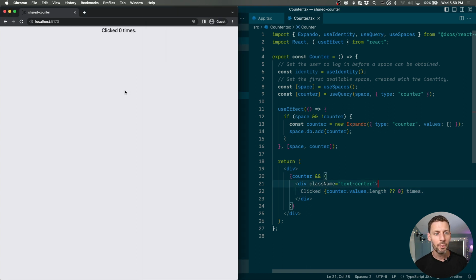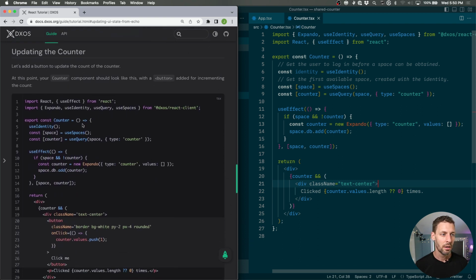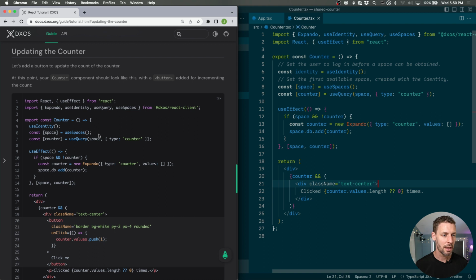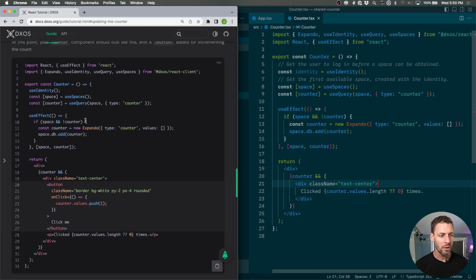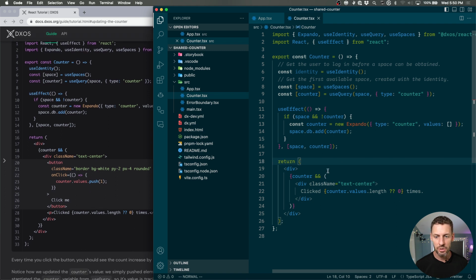Okay, so we now have our clicked 0 times. Let's go to the next step in the guide here. All right, updating the counter. Let's add a button now to update the counter. It's kind of boring if the thing has been clicked 0 times, but there's no way to update it. So let's do that. The way that we're going to do that here is we're going to add a button